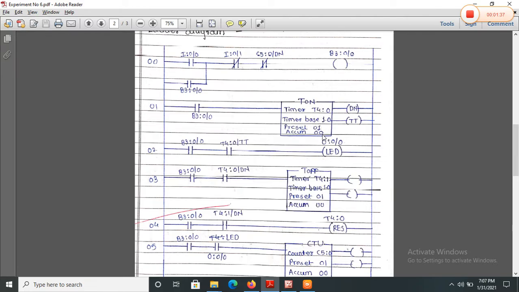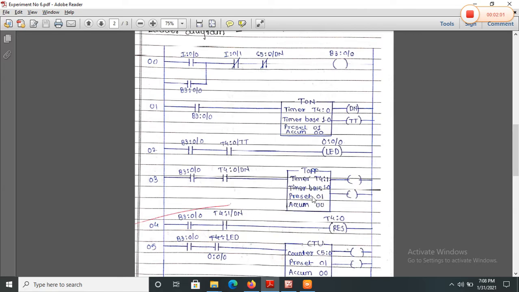When the accumulator value reaches from 0 to 1, this timer DN bit will be activated. When the timer DN bit is activated, then the timer off is turned on. When the accumulator value increases from 0 to 1, this timer off will be activated.